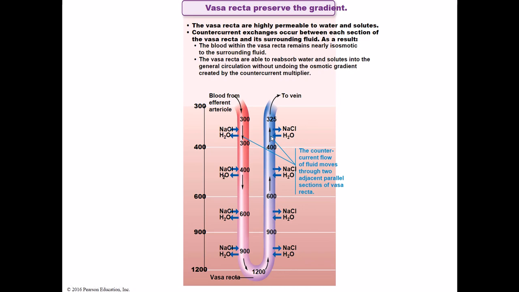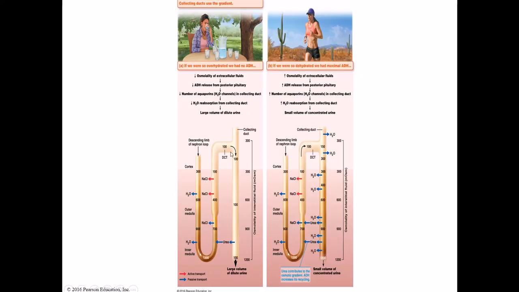And it basically does this on a one-to-one basis, so that initial gradient where the ascending limb actively pumped out the salt and the water followed the salt, we're getting all of that water reabsorbed and the salt maintained in the interstitial fluid, just so that we don't screw up this gradient right here. And now that we have a gradient, the collecting ducts can use that to change the concentration,